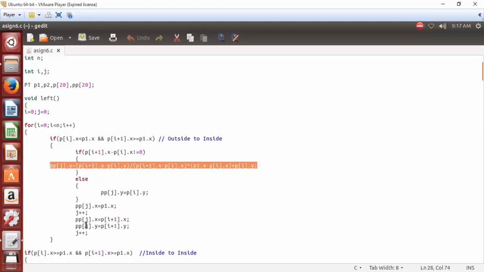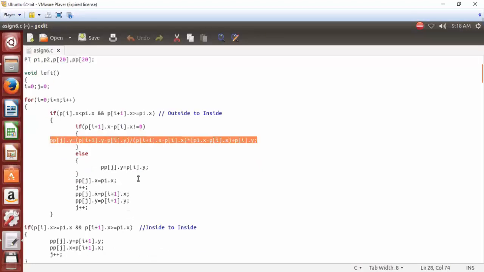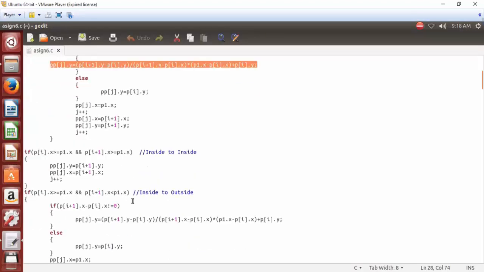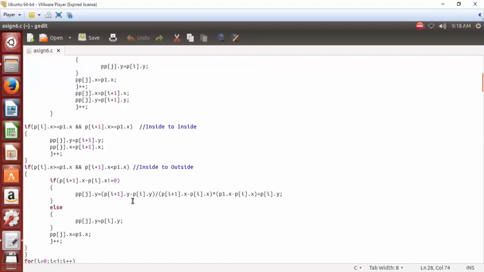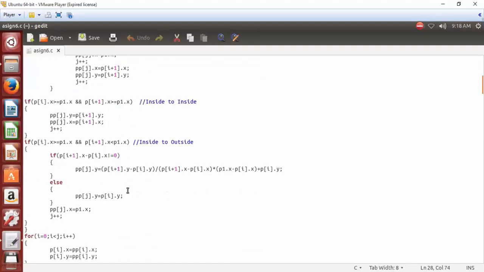PP is the output vertex list. For outside to inside, where the line gets clipped, the intersection point and the end point, these 2 points get stored in PP of J. Next we have inside to inside.